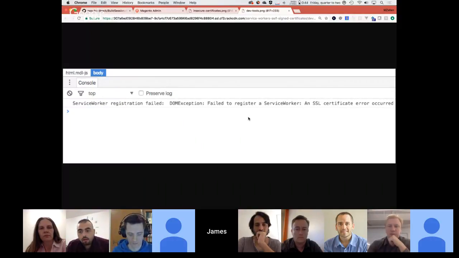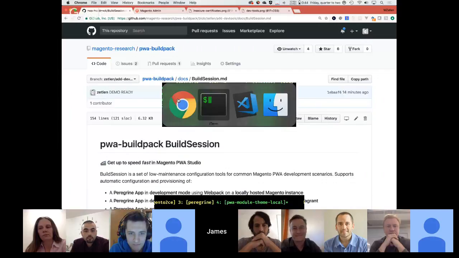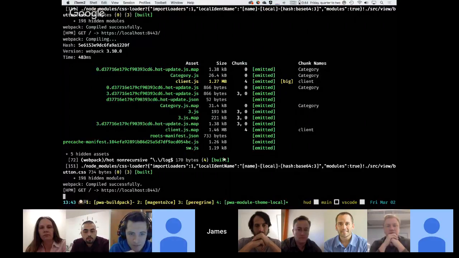The entire PWA universe lives inside an HTTPS only place. And yet, in order to configure our development environments to support HTTPS, we still usually have to paste a whole bunch of deep magic commands onto our command line that might as well be giving that guy root on our computer, whoever that blogger is. So instead of that, we have the PWA Studio build pack do all that stuff manually. And you can see an example of that